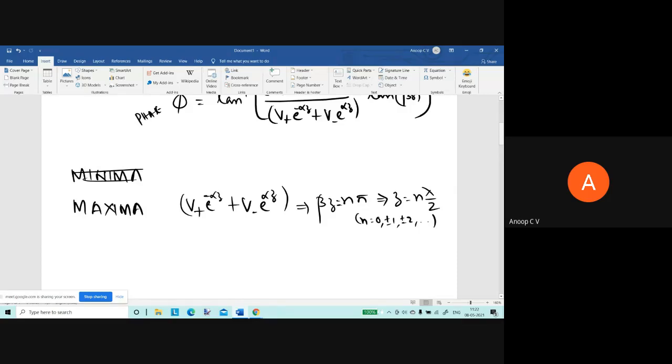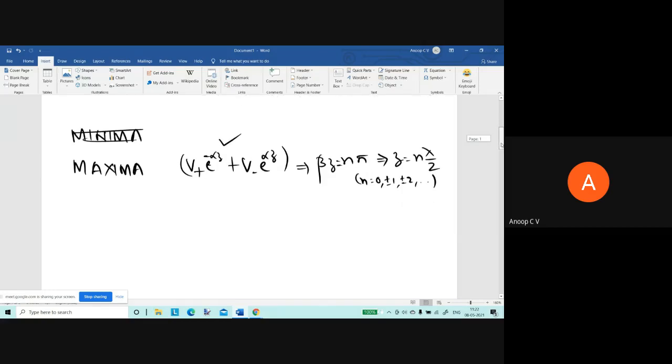This is the value of maxima, and it happens for all beta z equal to n pi, or z equal to n lambda by 2, right? And similarly, minima,